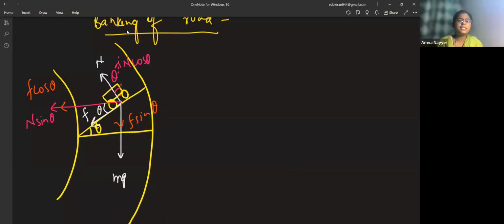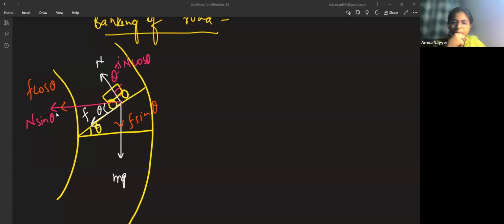Now let's resolve it. Firstly, the outward force that is coming. This outward force, the centripetal, okay, let's forget about the outward force. Let's talk about the centripetal force. Can any one of you tell me, out of all the forces which are occurring, which force is providing the centripetal force? I have told you that centripetal force is not a force in itself. It's not a solo force which has its own property. It is just a demand which is being fulfilled by other forces. So right now, in this case, can any one of you tell me which force is providing the necessary centripetal force? Look at the figure. This is the curved part. So the center would be somewhere here.